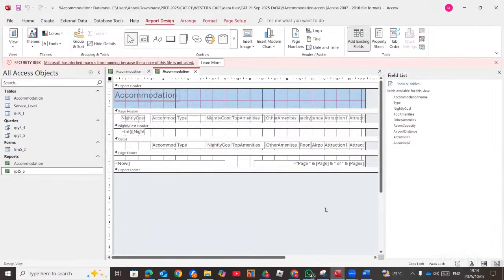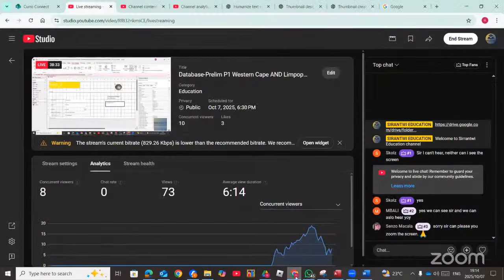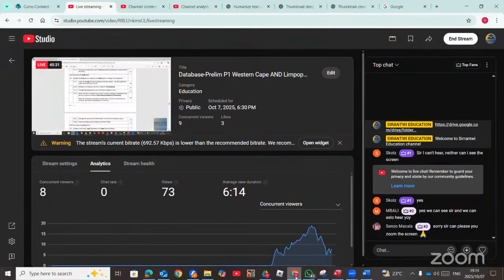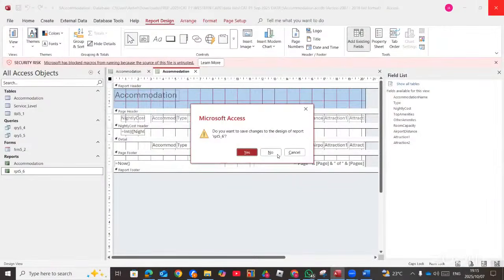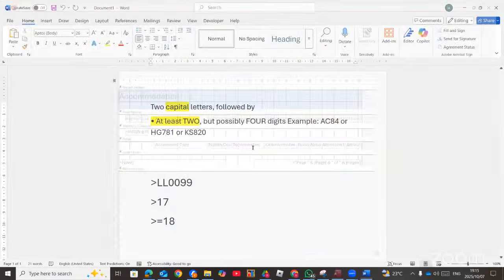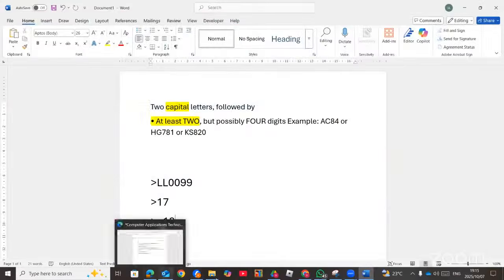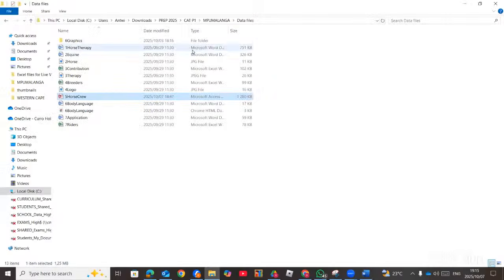So any question before I proceed to the next province? Right. It seems there's no question. So I'm going to proceed to the next province. Right. Now, the next province will be Limpopo. That will be the last province for database. Then within the week, I will announce when we are going to